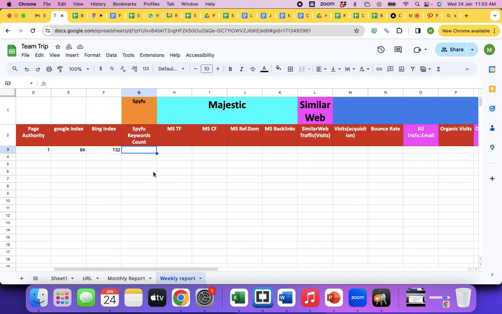Since I already know about my website, I don't have to use SpyFu for my website, ideally speaking. But I'll be using SpyFu for all my other competitors. Correct? But I'm just curious how much it shows on SpyFu for my website as well, so that I can study the differences. See, I know I'm already ranking for 741 keywords, but SpyFu might show 500 keywords. I understand there is a difference of at least 20% or 30% or 15%. Correct? Yes, sir. So that way I can make a call. Okay, so even my competitor must be ranking for more. I will increase it by 30%.